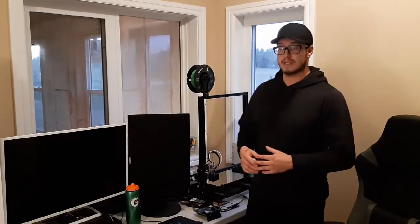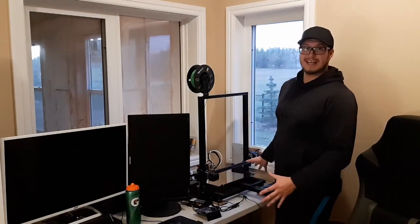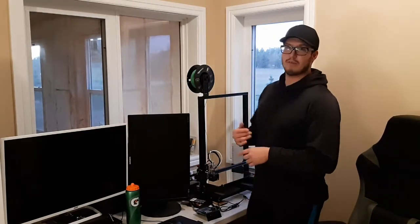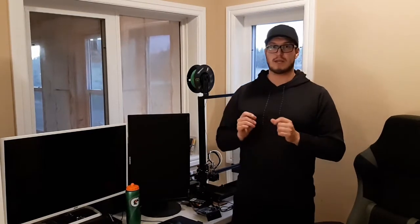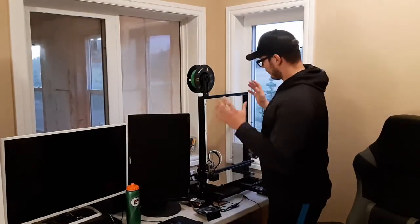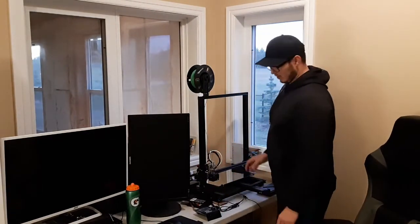And so now the problem is, it's massive. And on top of that, if I'm printing with PETG or ABS, I sit right here and I don't really want to be printing beside me. I could put it in the garage, but it's becoming winter, so I don't really have a heated garage. It's not going to be regulated, right? So anyway, I need to go ahead and figure this out, and